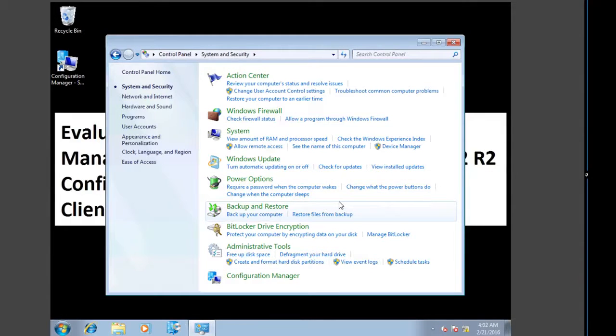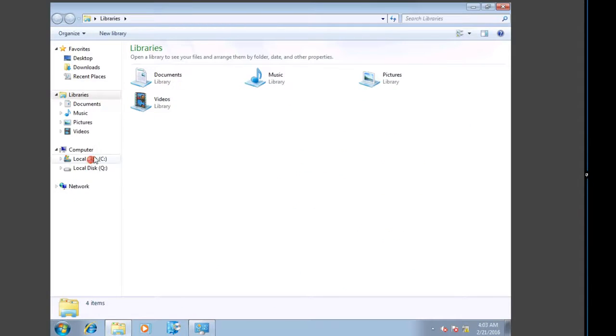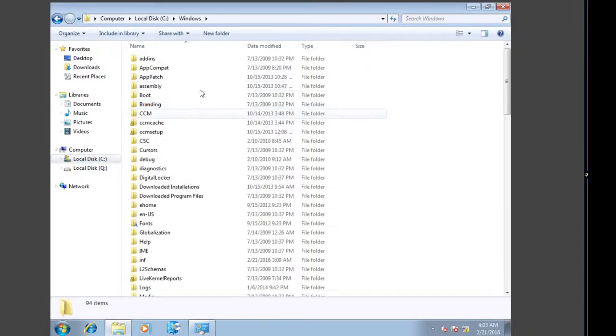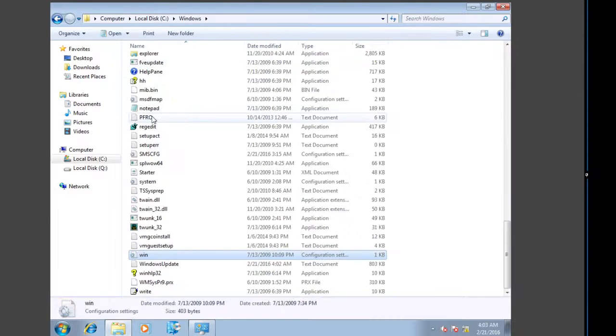So we've run the machine. The two things that we did to force the software update scan cycle were, first, the machine policy retrieval, and then we ran the software update scan cycle. You can view and confirm that this has completed by going to the Windows log file. So if I just go there, the Windows update file,